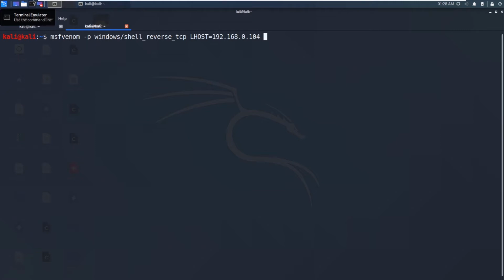So this is my Kali Linux machine's IP, and I want to set the LPORT equal to 1234, and architecture x86, that is 32-bit, and the bad characters. Normally we put the bad characters and say executable format, and I want to pipe this output to shell.exe or say backdoor.exe.